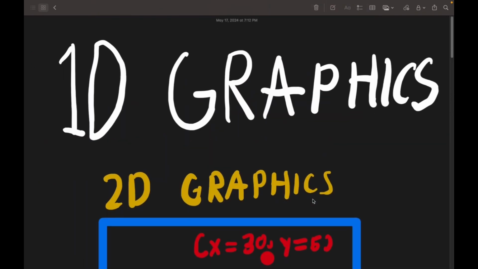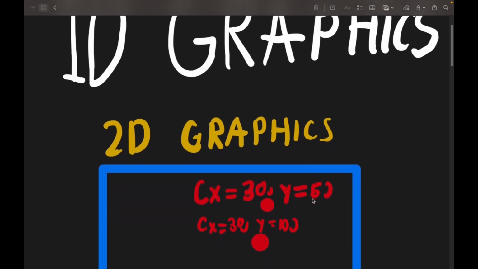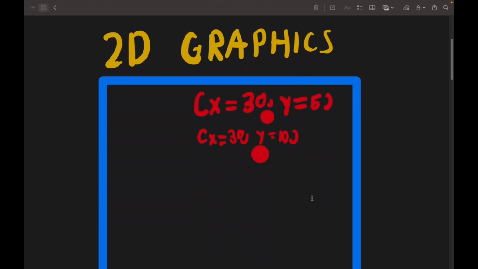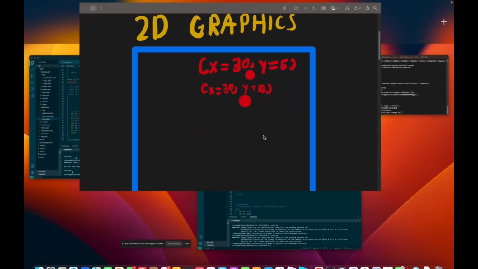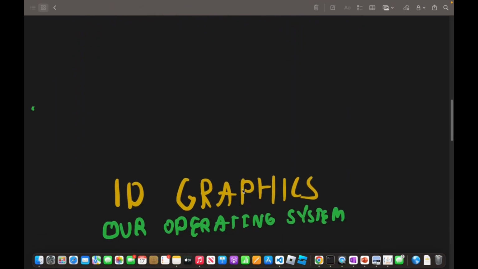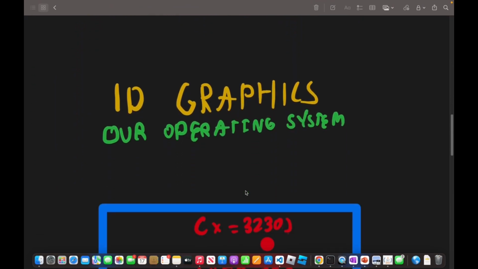So this is the 1D graphics. Usually in a normal computer, you'd use 2D graphics, which is this. We have basic points here. X is equal to 30, Y is equal to 5, and X is equal to 30, Y is equal to 10. It's a default computer. But in our operating system, which uses 1D graphics,